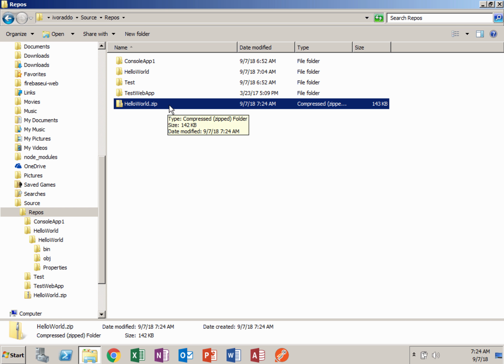This is the file that you want to upload to D2L. This is your zip file. This file contains your project, and you should be able to upload that. And that concludes all we need to do for this lab exercise and for this